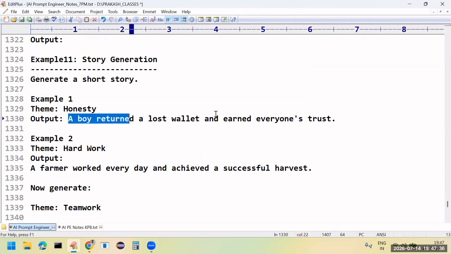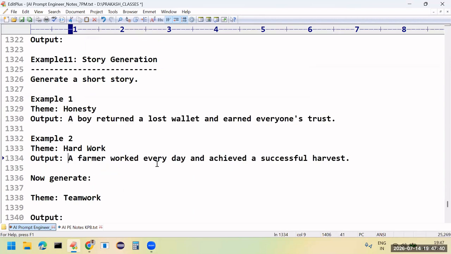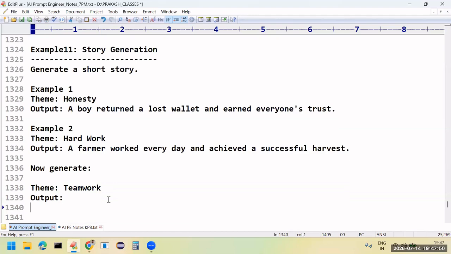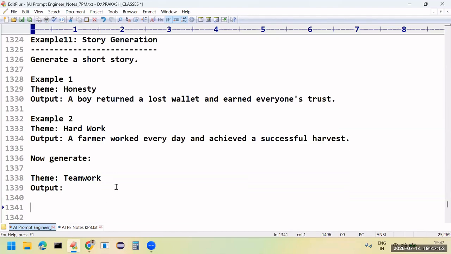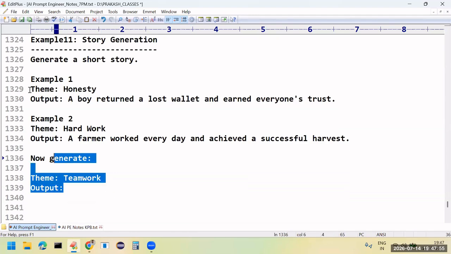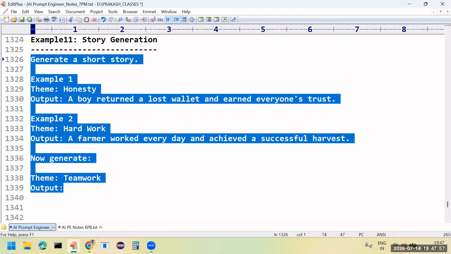This is nothing but a small short story. Hard work: a farmer worked every day and achieved a successful harvest. Now, can you please generate? My theme is teamwork. Can you please give the output? Sir, in a single line it is going to give the answer. Have a look once.